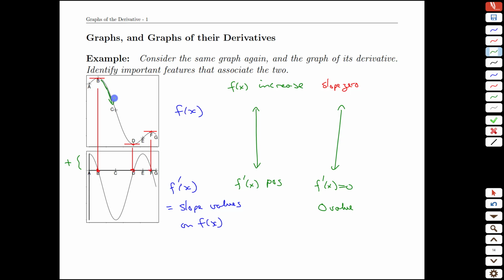When this graph is decreasing, or f of x is decreasing, what we expect to see is that f prime of x is less than 0, it's negative, and so we expect to see negative values on this graph. So positive values for this scenario for where f of x is increasing, and negative values here. That's exactly what we see, say on this interval to here. Between b and d, the function is decreasing, so the slopes, and these are slope values, are all below the